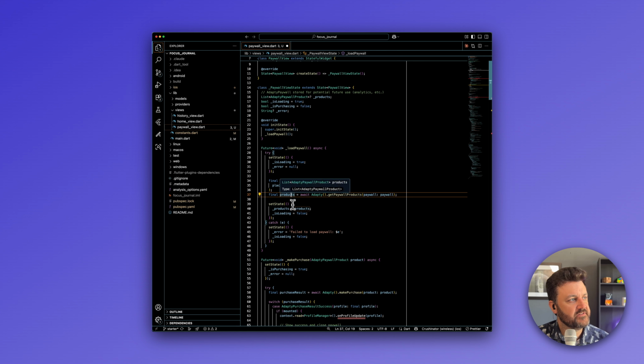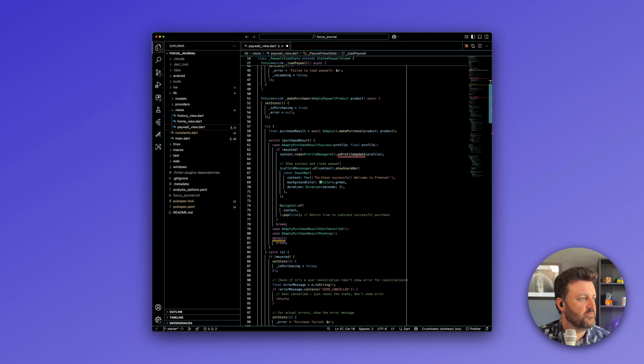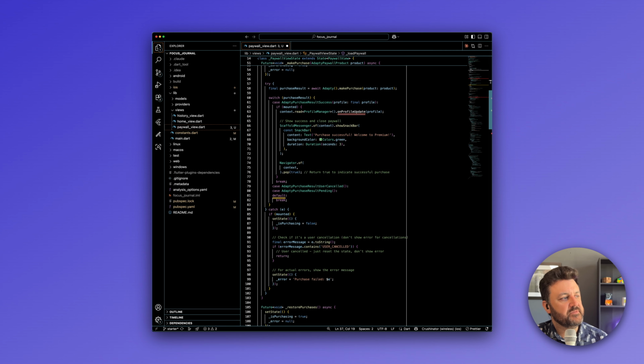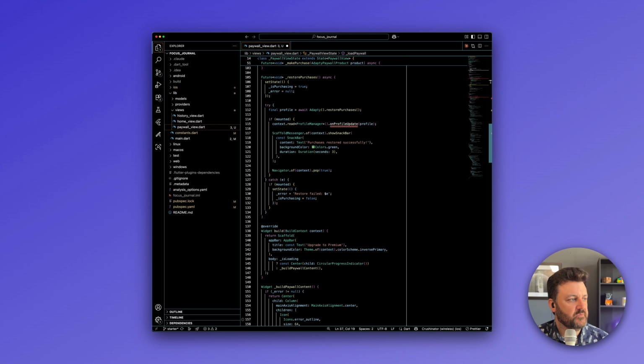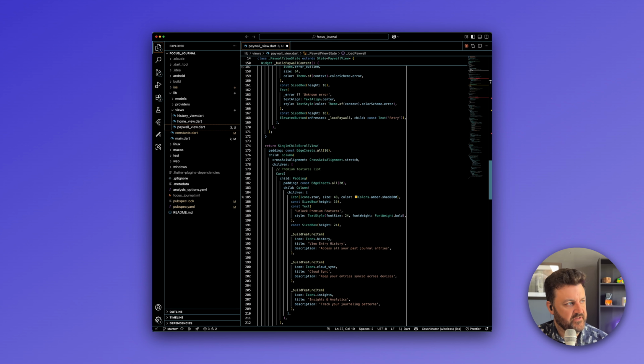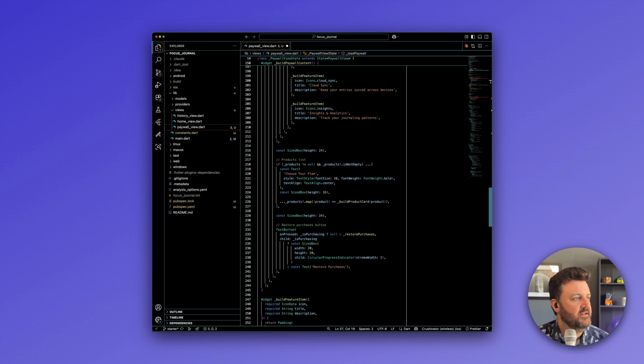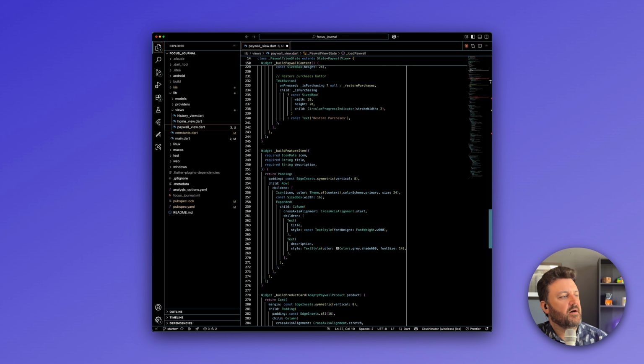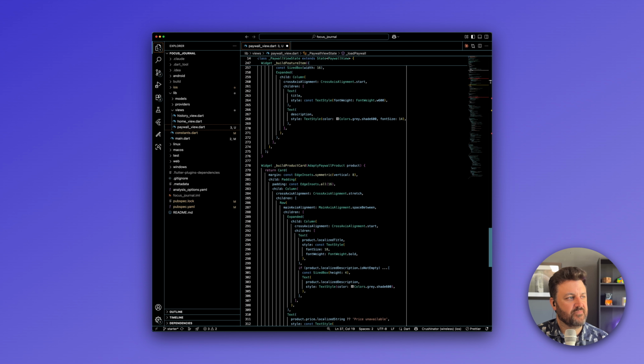So once we have the products, we're going to set it up as a property right within our class so we can use it, and then we can go off and we can design out our actual buttons and things like that, right? The UI itself. So further down, we've got make purchase, which we're going to come back to in just a moment, and restore purchase as well. And if we just kind of continue to scroll down, we can look at all the different parts of the UI that we're setting up. And in particular, I just wanted to call out a couple of things related to actually displaying product information